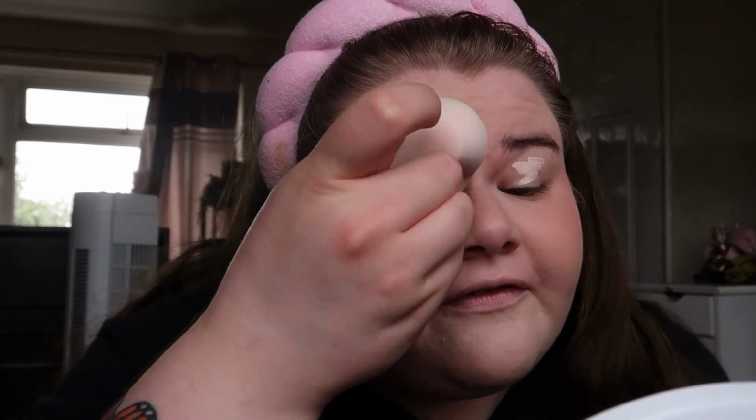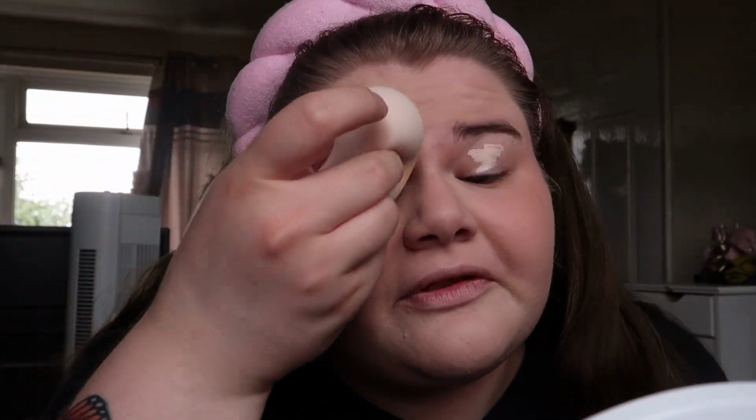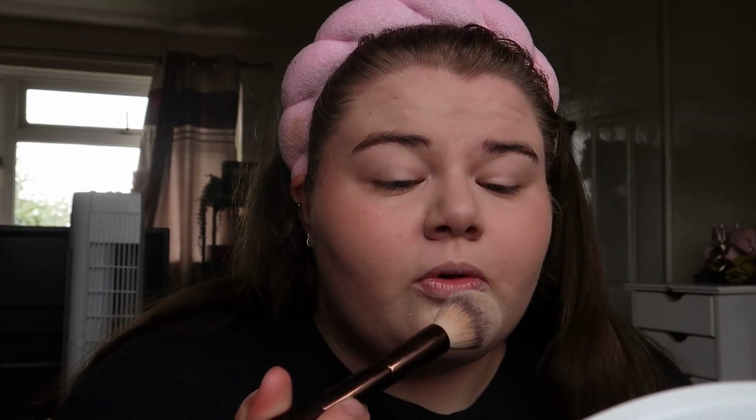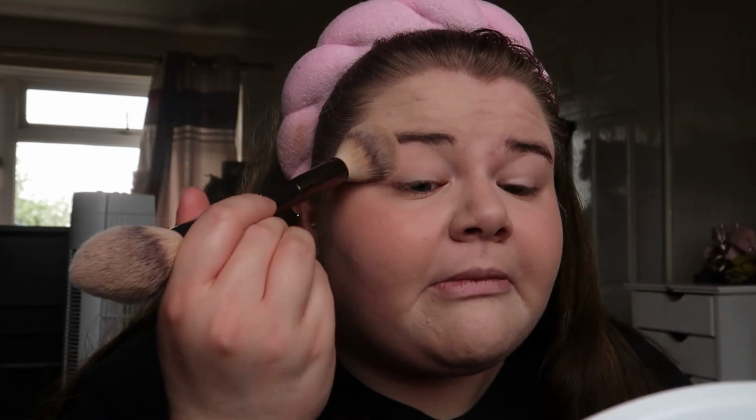cracked now. And then a bit of my Charlotte Tilbury Airbrush Flawless Powder, which I am making good moves with this. I actually set my entire face with it the other day. Oh yeah, I am using this with my sponge just because I just always do. I don't use a brush for this. I use my sponge. Just cake my face in that. My face, cake my eyes in that. Set my eyes in place. Not that I'm doing any eyeshadow today, but...